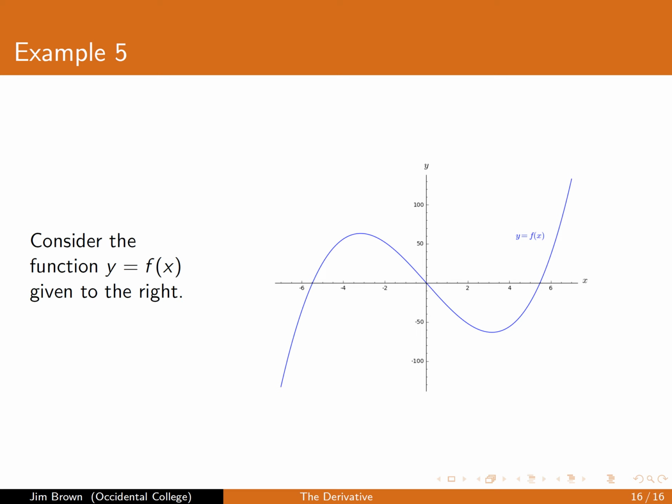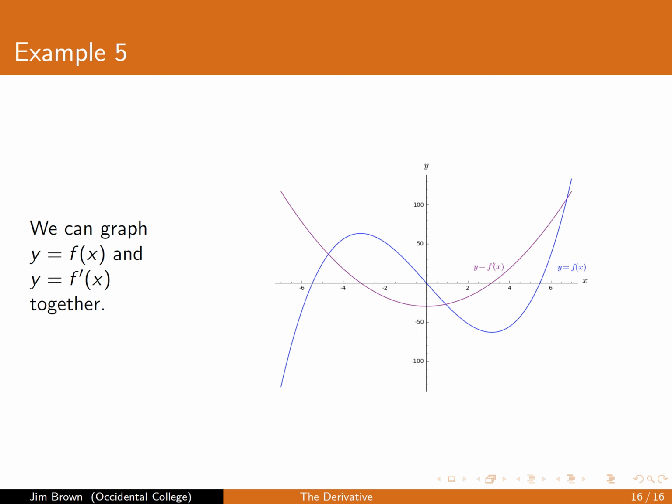So let's think about what this derivative function is giving us graphically. So consider my function here, y is equal to f of x. And we can go ahead and graph the derivative function over the top of this function. So here is the graph of y is equal to f prime of x. And so let's see how we went about getting this